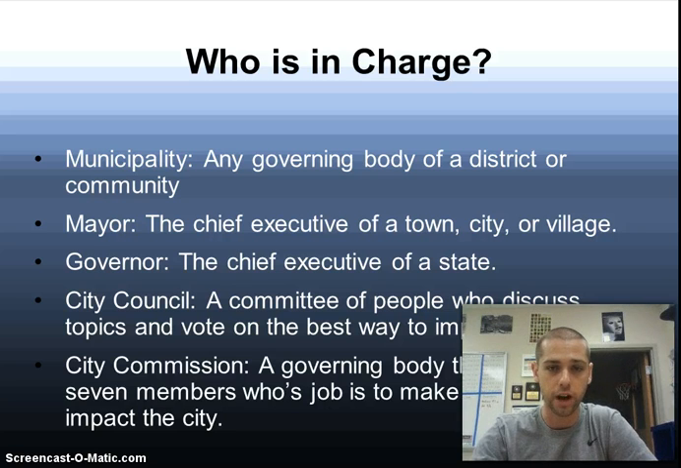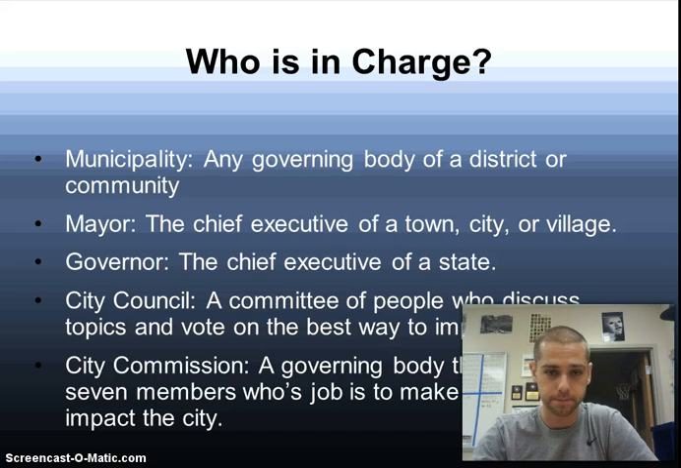And in order to figure out what those solutions will be, we kind of have to know who's in charge. Our first vocab word here is municipality, which is any governing body of a district or community. You can have a municipality of Orlando, of Orange County. It's just an overall term that means any governing body. Our next one is going to be mayor, which is the chief executive of a town, city, or village. We actually have an Orange County mayor as well as an Orlando mayor, and that's the person who's in charge